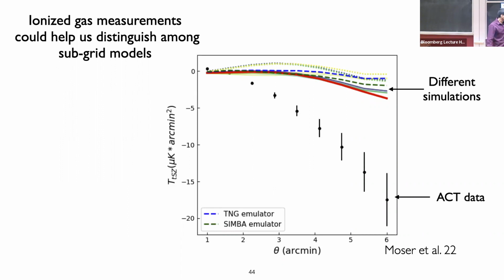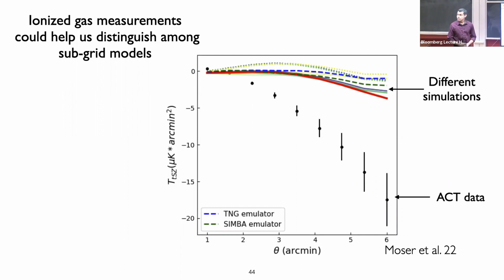This has been actually all the simulations that I talked about in the CAMELS data set. This study tried to fit emulators to them, but all of them seem to be in this space. Essentially, the gas outside the virial radius seems to be hotter than all these simulations are predicting. Maybe they can tune it and easily match it, but I think this is still an open question.